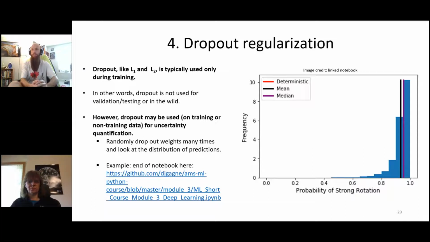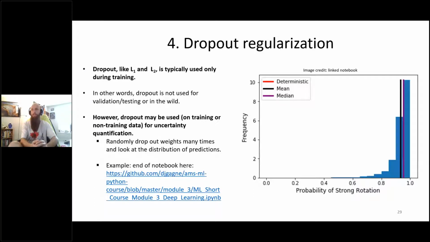So the idea is when you have your trained model and you apply it to new data, you leave dropout on. That means it's going to treat your validation example or testing example or whatever as a training example, and it's randomly going to drop out some of the weights in each layer. So you can do that many different times. For example, you can take your new data point and run it through the neural net 1,000 times with dropout, and that's going to give you 1,000 different answers,